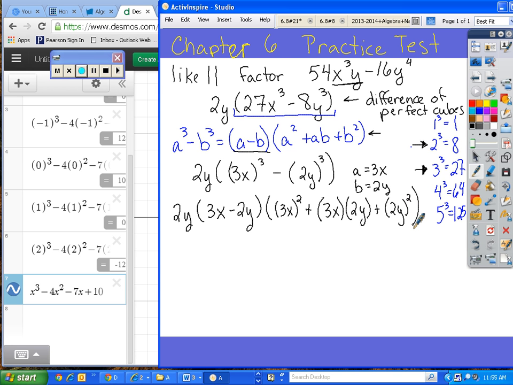All right, so now let's go ahead and simplify this. I bring down my 2y. I bring down my 3x minus 2y. Now again, to get this form, I simply plugged in my